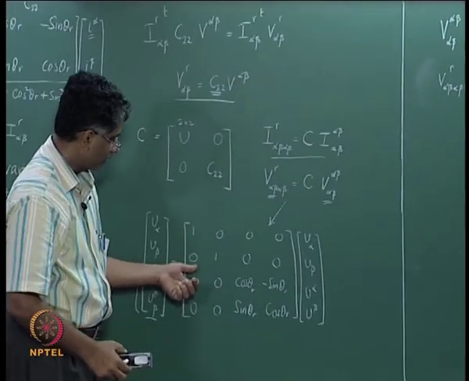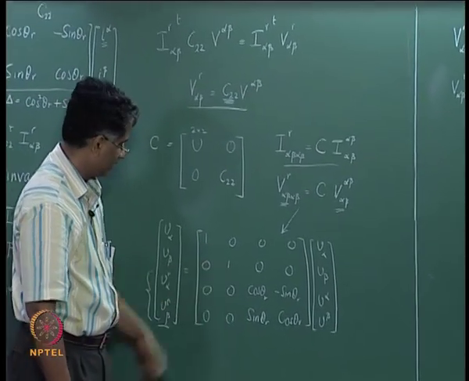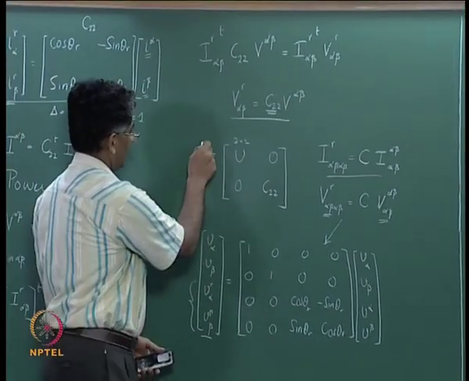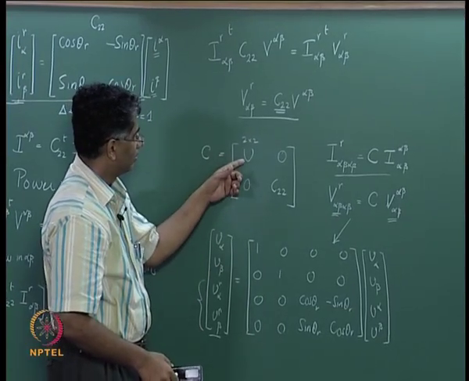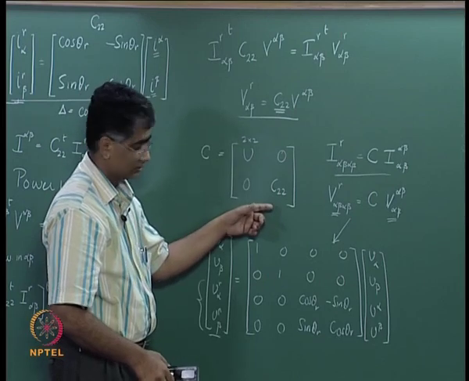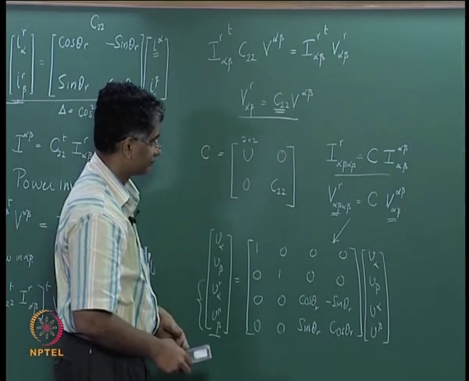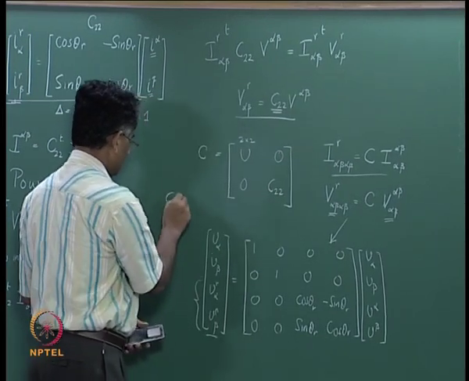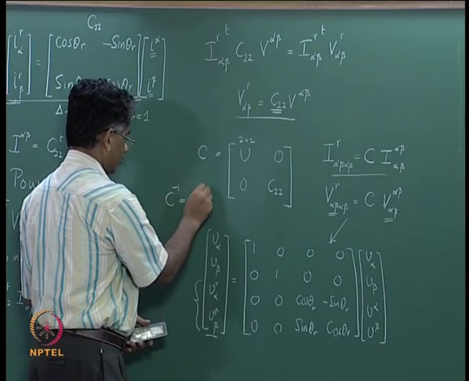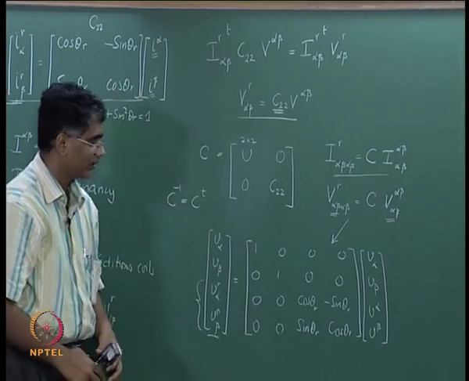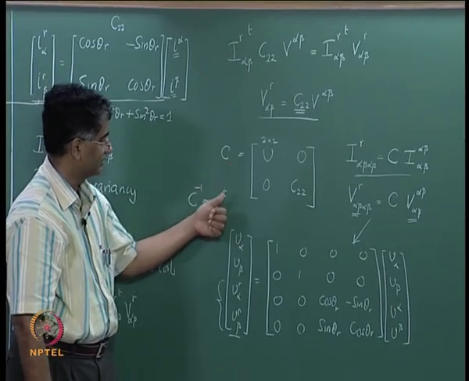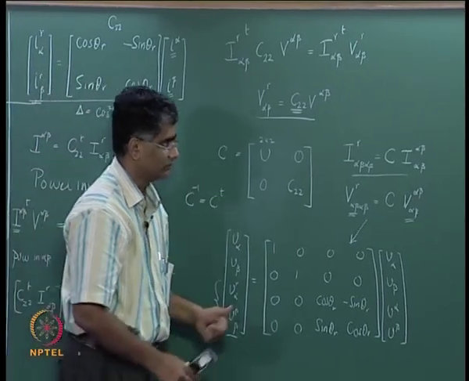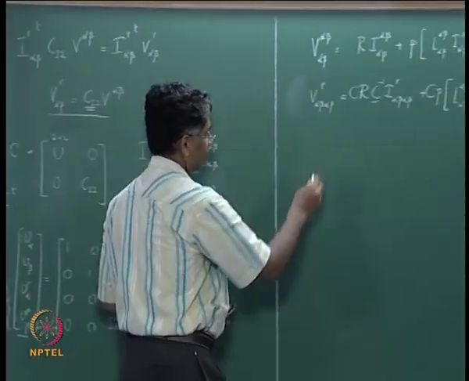If you look at the matrix we have here, C inverse is going to be C transpose, as you can see from this, and therefore that should be easy to observe. Otherwise I would leave you to verify that C inverse of this is indeed C transpose,